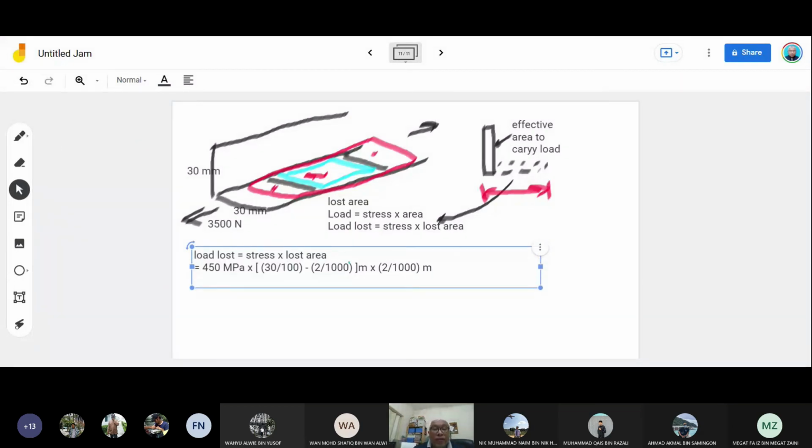So 405 megapascal, which is 405E6 Newton per meter square, times meter square. 30 minus 2 divided by 1,000, 0.028 meter, times